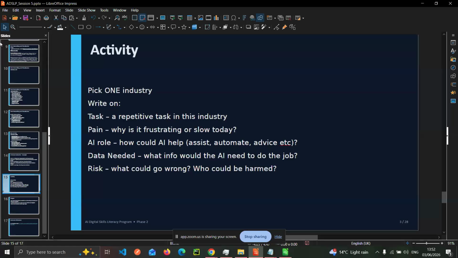While maybe some people are brainstorming, I'll give an example. I'll begin with myself. One of the industries which I can identify is, I think, the bank, which falls under the finance industry, right? So under the finance or banking industry, one of the repetitive tasks is handling customer complaints.